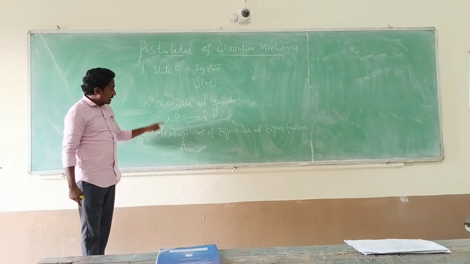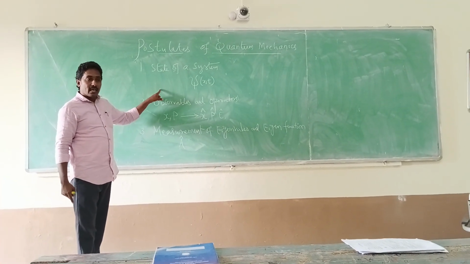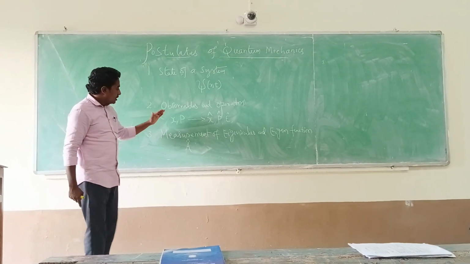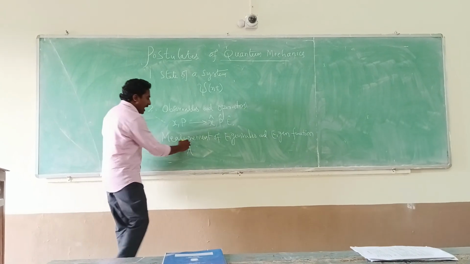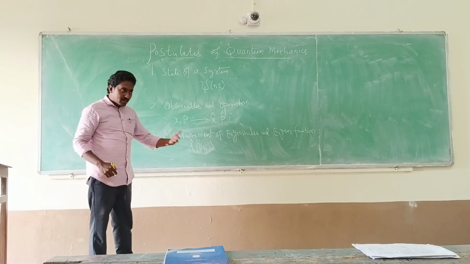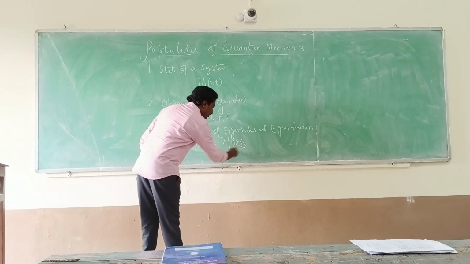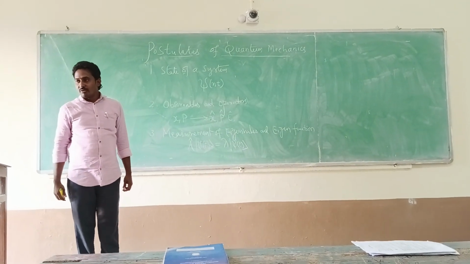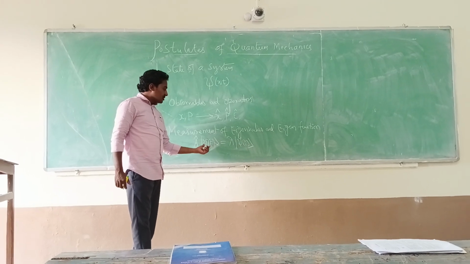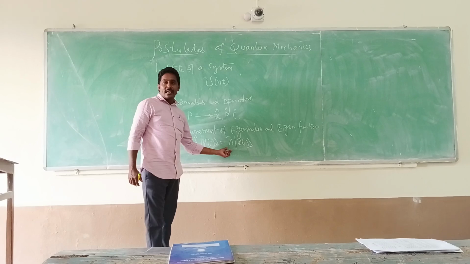The operator is the second postulate of quantum mechanics. The state vector or wave function is also known as an eigenvector. It is the first postulate of quantum mechanics. So when this operator A acts on a wave function psi of t, it gives an eigenvalue lambda times the state vector psi of t. This is known as the eigenvalue equation. If any operator A is operating on a wave function psi of t and gives an eigenvalue lambda, the lambda represents the corresponding eigenvalue.